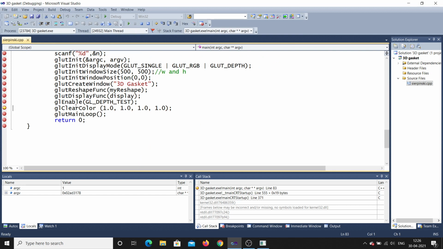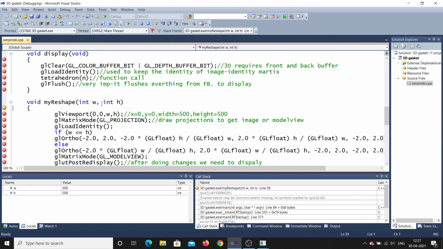So now glClearColor. You can see clear color, 4 parameters will be there. First is R, second is G, B, A, RGBA, red, green, blue, A, and everything is one. That means white color. Red is one, green is one, and blue is one. RGB one means the background color will be white, and the last one is A. A means alpha, that is opaque or transparent. 1 means opaque, 0 means transparent. Then finally it will go to the main loop. Main loop is also a callback function which will be called again, so that it will stay in the main function.